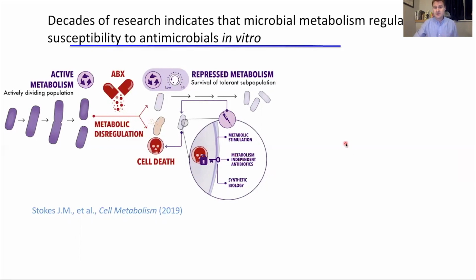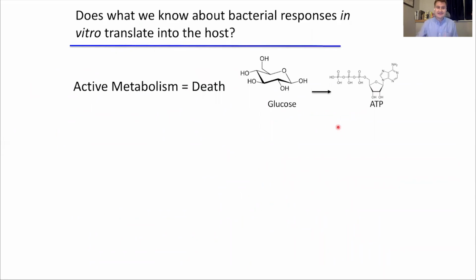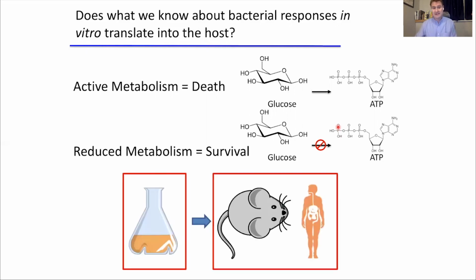So a way to think about this is that the availability of metabolites and things like oxygen is a way to tune the susceptibility of a bacterium, at least in vitro. Another way of saying that is that in general, active metabolism, the ability to convert glucose to ATP rapidly, contributes to susceptibility, whereas less active metabolism, a slower rate of glucose to ATP conversion, tends to be associated with tolerance to antibiotics. This is a very important factor, and something we are beginning to really understand in the context of a bacterium in the test tube.